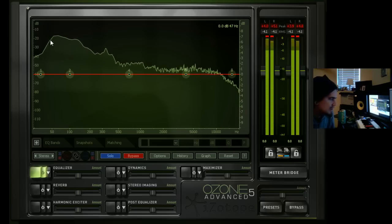Prosumer at 47 hertz, that's when the prosumer KRKs and whatnot kind of come in. Everything below 47 on these KRKs is rolled off. That's why I always look at that and see where I am. And I believe the response of my Fostex up here, for when I don't want to wake up the neighbors, or if I just want to mix quietly or play games, is around 70 to 60, remarkably. And your laptop speakers with frequency response would be between 44 hertz and 20